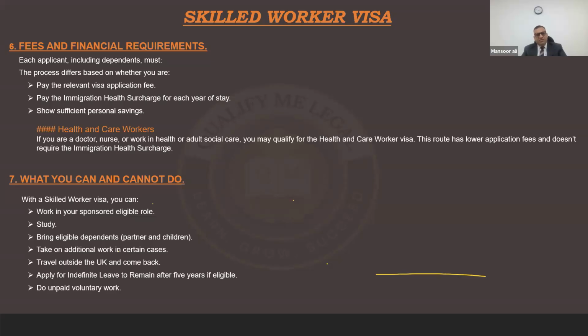In order to apply for the skilled worker visa, you need first of all a COS, which is called a normal COS. Then you need to satisfy the Home Office about the English language requirement, and then about your maintenance requirement. Once you have satisfied these requirements, you will apply for the visa online. How to apply? As I already told you, you need to create an account on gov.uk. Once it has been done, from outside the UK you need to go to give your biometrics. Once it has been done, if the Home Office is satisfied, they're going to grant you a skilled worker visa.